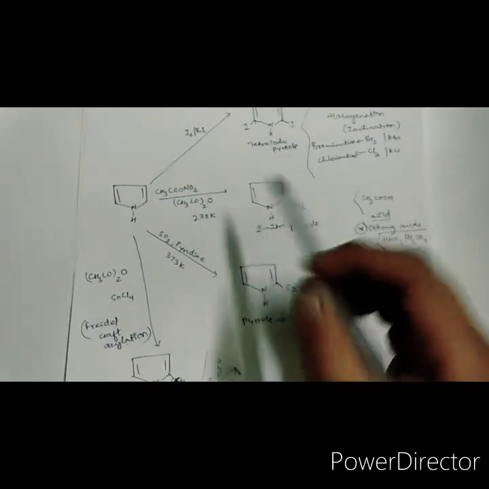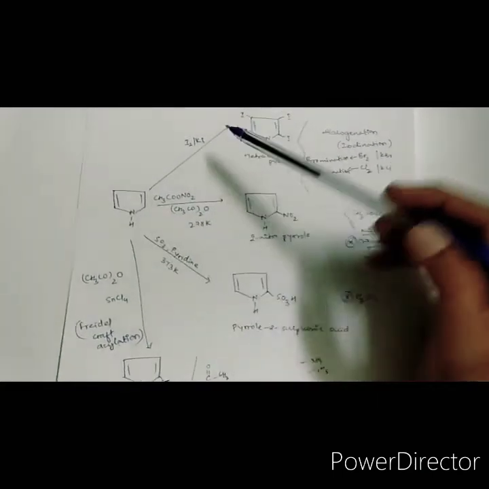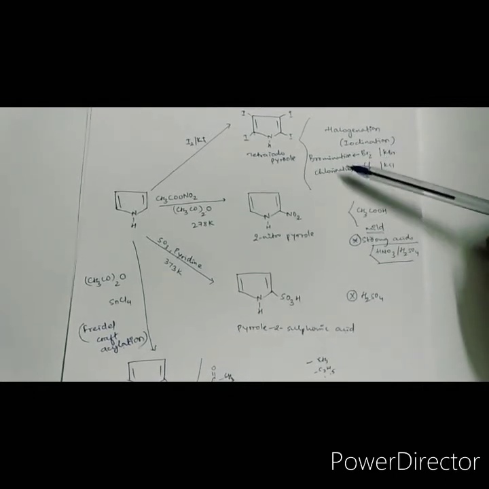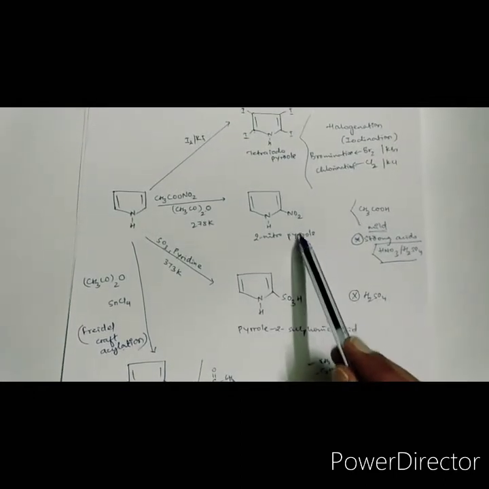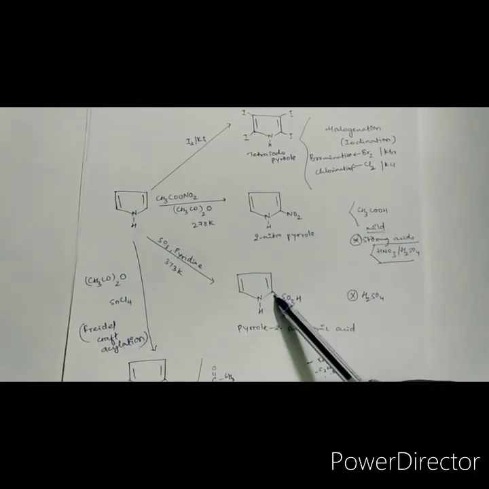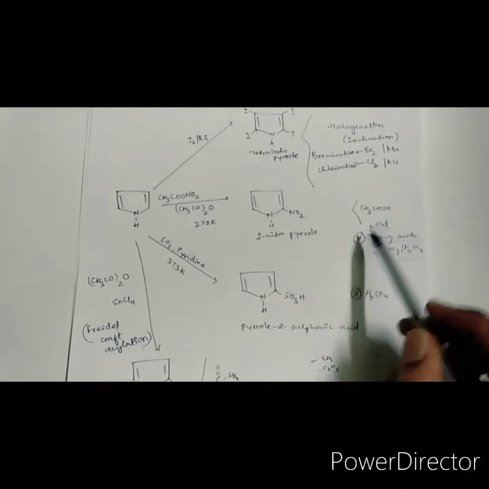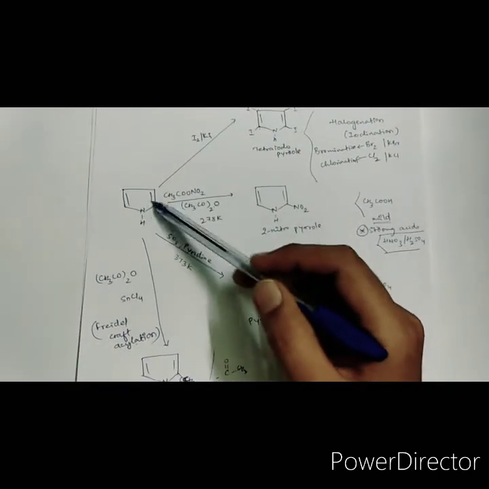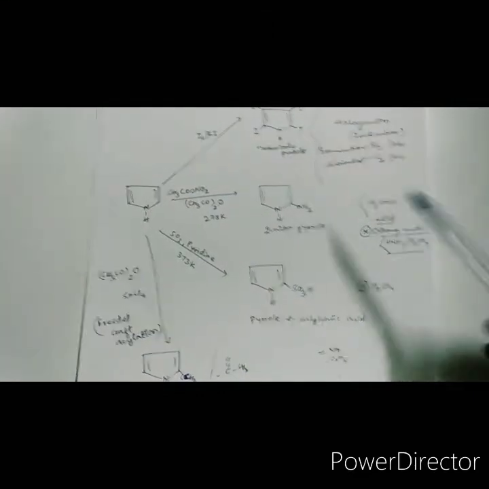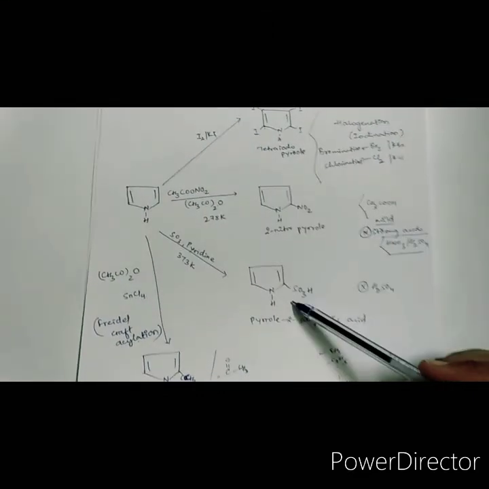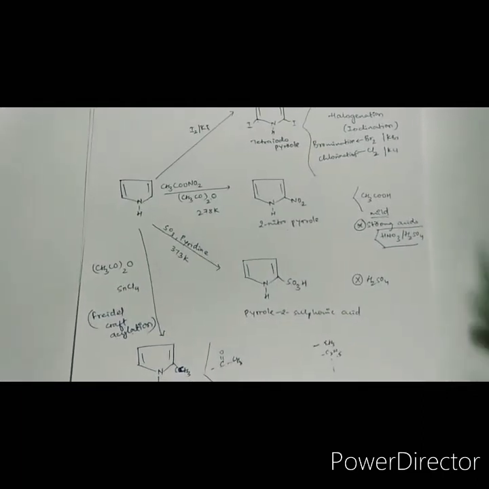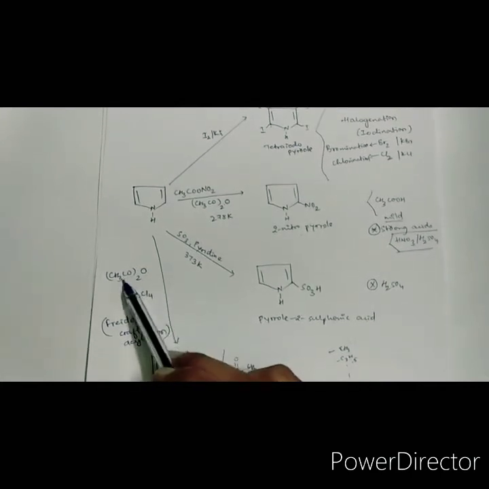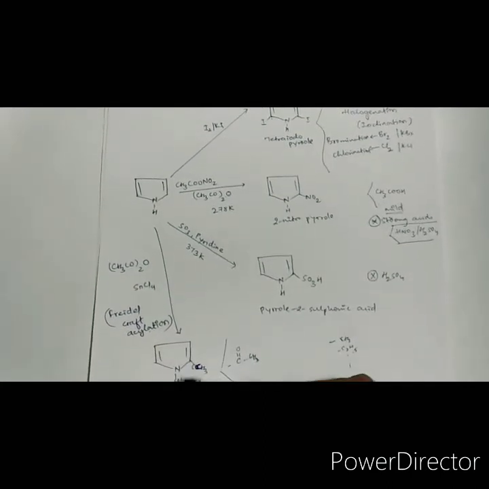So this is regarding electrophilic substitution reactions wherein it undergoes reactions like halogenations, in particular iodination, bromination or chlorination. Also it undergoes nitration and sulfonation. Under milder conditions, you should not use any of the strong acids during nitration or sulfonation of pyrrole. Otherwise, pyrrole will get polymerized and the required products like nitropyrrole or pyrrole sulfonic acid will not be obtained. Also, pyrrole undergoes Friedel-Crafts acylation in presence of tin chloride and acetic anhydride to give 2-acetyl pyrrole.